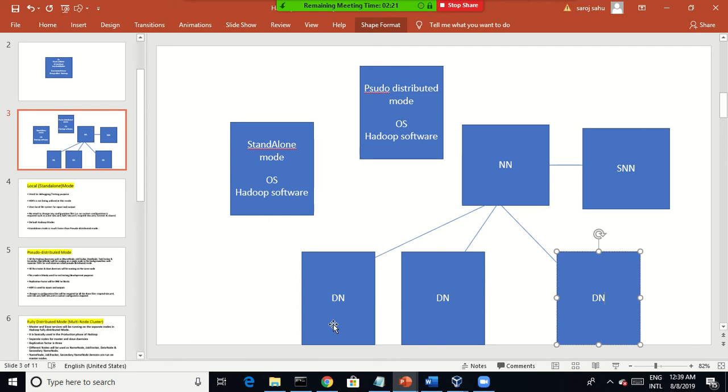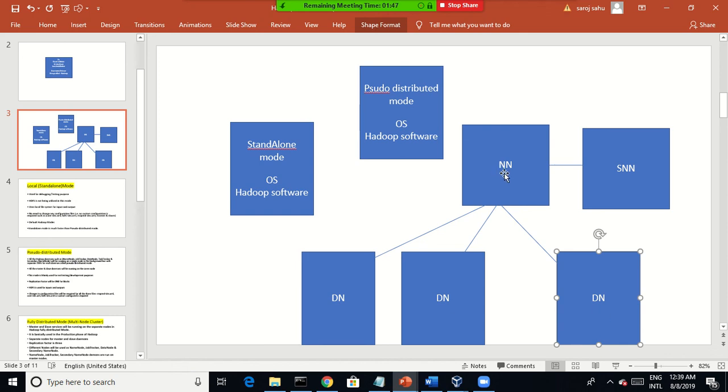Now the data node daemon is running in this machine, and I am facilitating it as a data node. That's why the data node daemon is running in this machine, and in this machine as well. What is a daemon? A daemon is nothing but a background running process or internal process. Like if you open the browser, there is a process running in a Windows machine. Data node is a service, or a process in the Unix or Linux concept. I can say it is a daemon. So data node is a daemon running in this machine, and in this machine also the daemon is running,